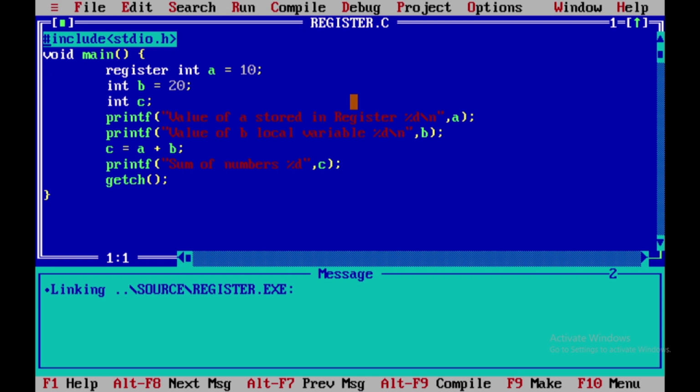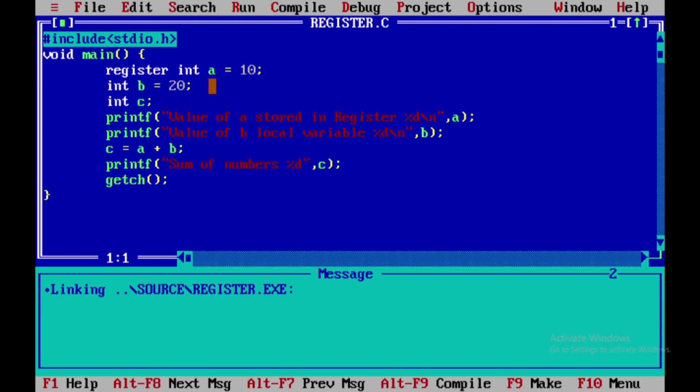Rest of the thing is very similar. We can use it as a local variable, global variable, then there is no change. Just we need to keep in mind what is the job of extern, what is the job of static, what is the job of register, right? That is only related to the storage and the life of a variable. Rest uses of a register variable or extern variable or a static variable are very similar to other normal variables. So hope you understand, and I want to cover auto, the last storage class.